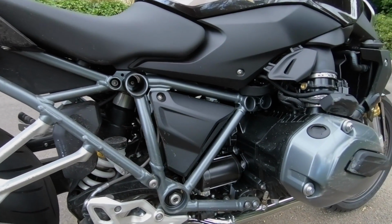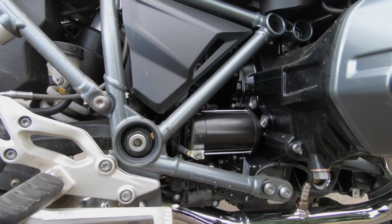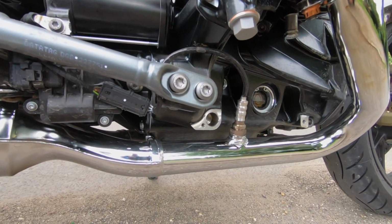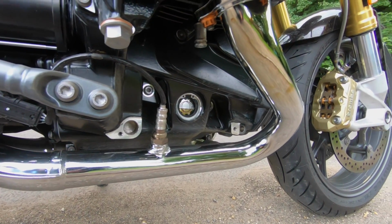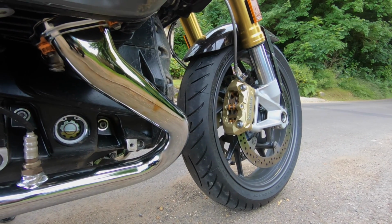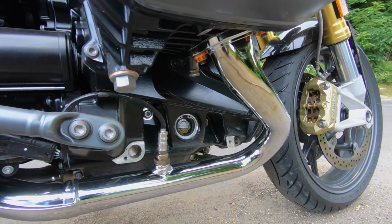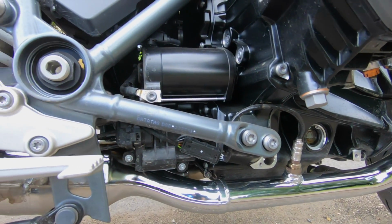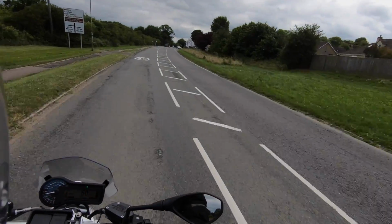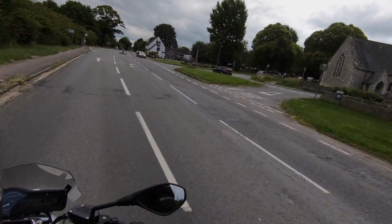The engine is the one that I love, the 1200 boxer engine, the 1170cc opposed twin. And again, it's 125 brake horsepower and 125 newton meters of maximum torque. I've said so much about this engine, there's not really much more to say. I just love it. And comparing this one to the S1000R, they're both road bikes,